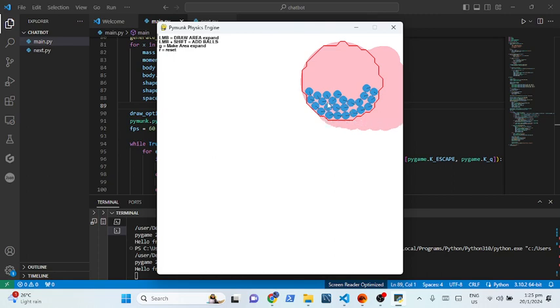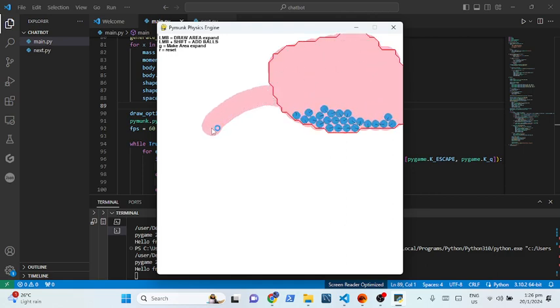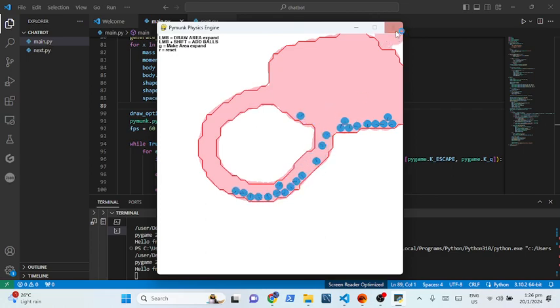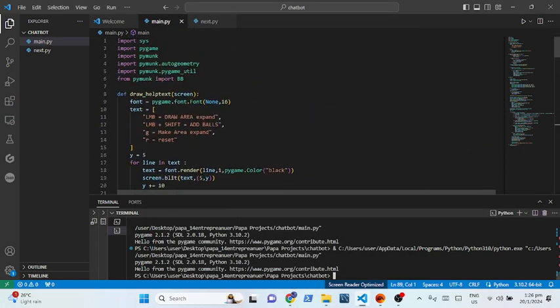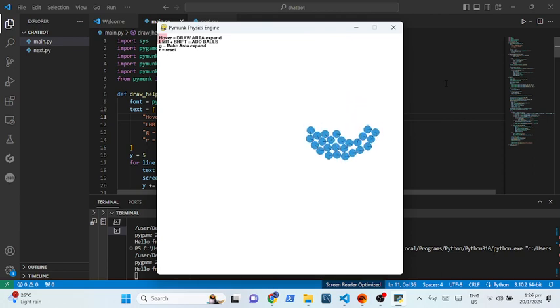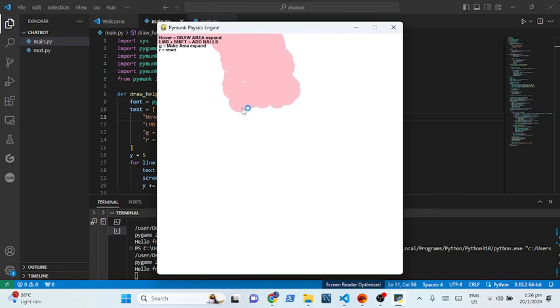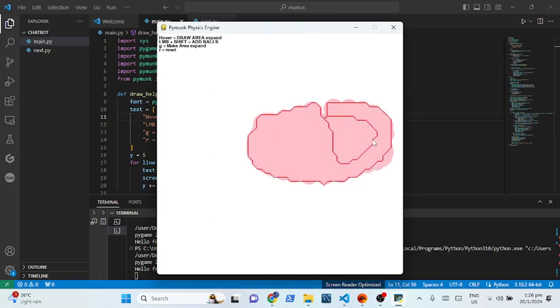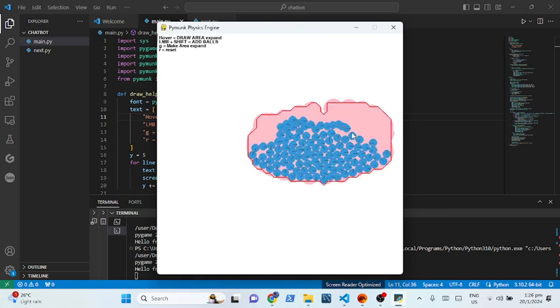So we don't have to click. So just hover around the part you want to make it go to, then press G. So now I'm going to do it like this, and yes, it's working. So actually I should have done this. Actually I did something wrong, so it should be hover to expand. So we can just do it like that, and then we can just draw anything you want, like that, and then if we press G, let's just make it better, and then we can add in the balls and everything,